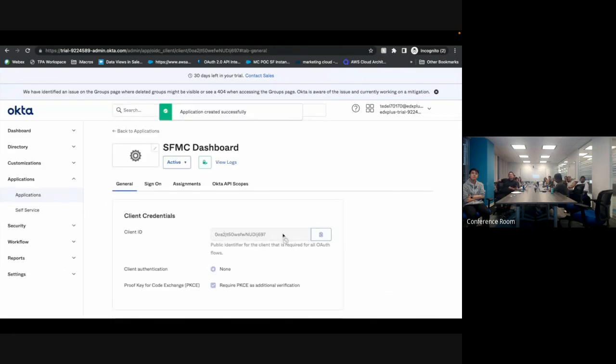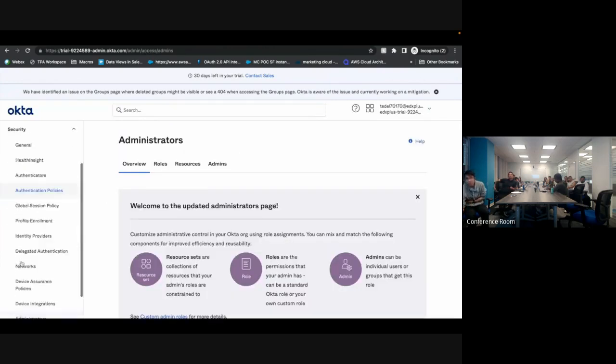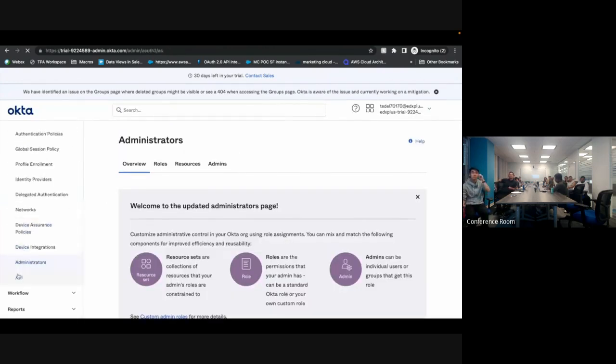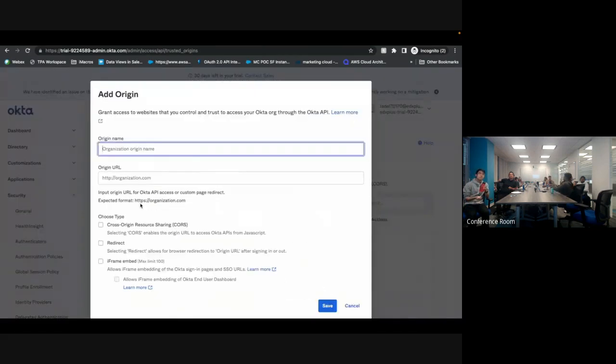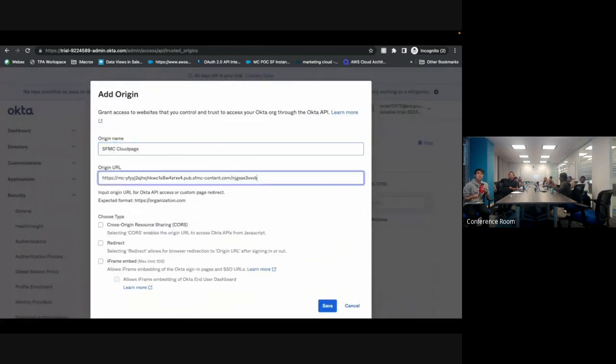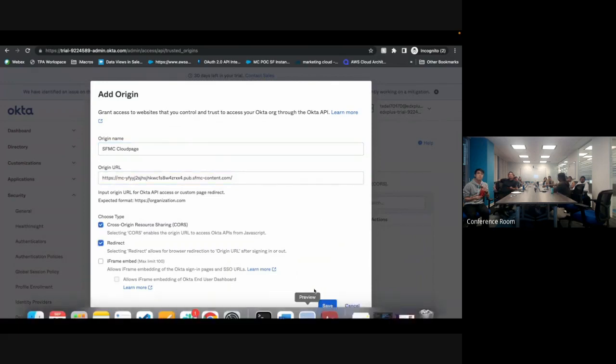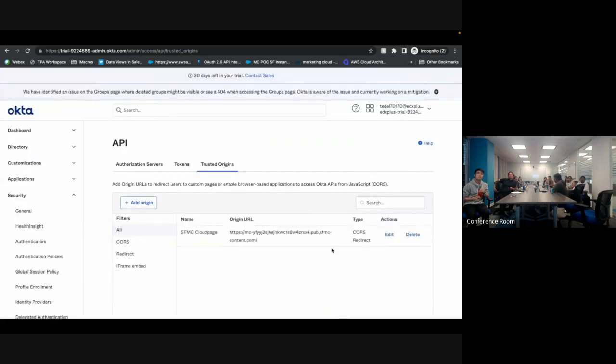Now, you see, right after we save, we get a client ID, which is good. We copy the client ID, and then you go to API, and this is where we are whitelisting the complete Marketing Cloud. You're saying that any requests coming from Marketing Cloud asking for resources like JavaScript files, give them those files. And once we have that,